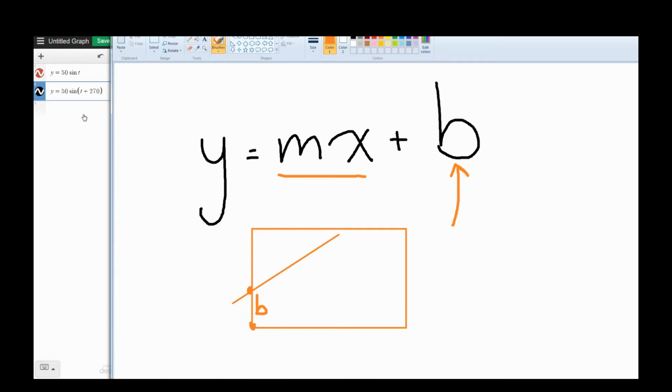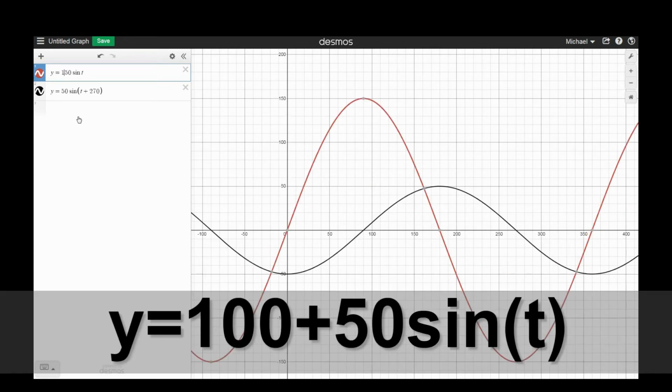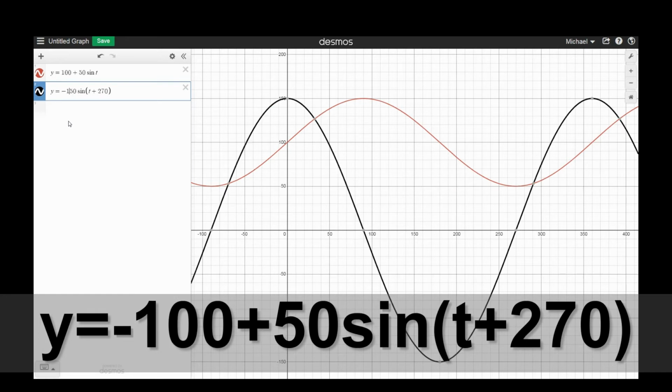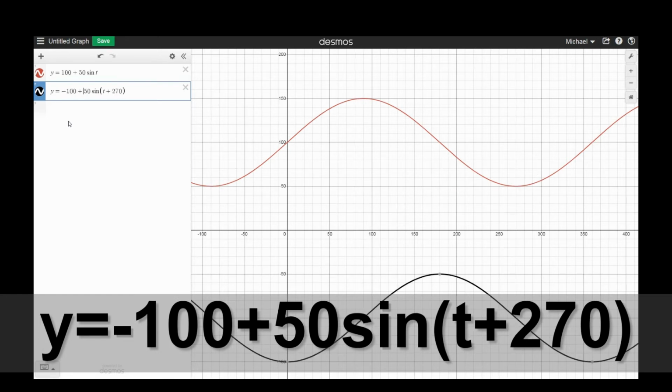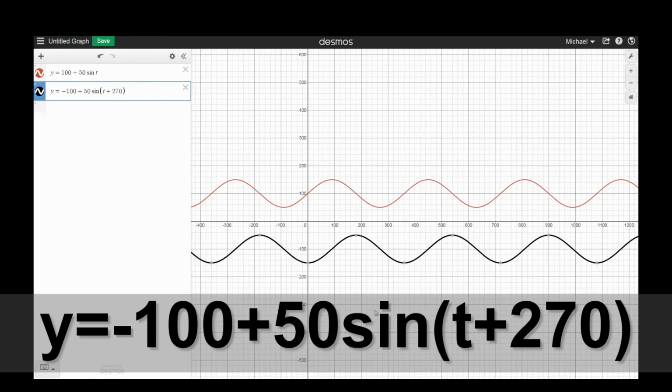The same thing is going to happen if we do it on Desmos. So I'm going to take the first line and I want to send it up the graph by 100 units. So I'm going to put in 100 plus. And what it's done is raise it up the graph by 100 units. And this one I'm going to send downwards by 100. Minus 100 plus. And what this has done is given me room in between the two graphs to plot their